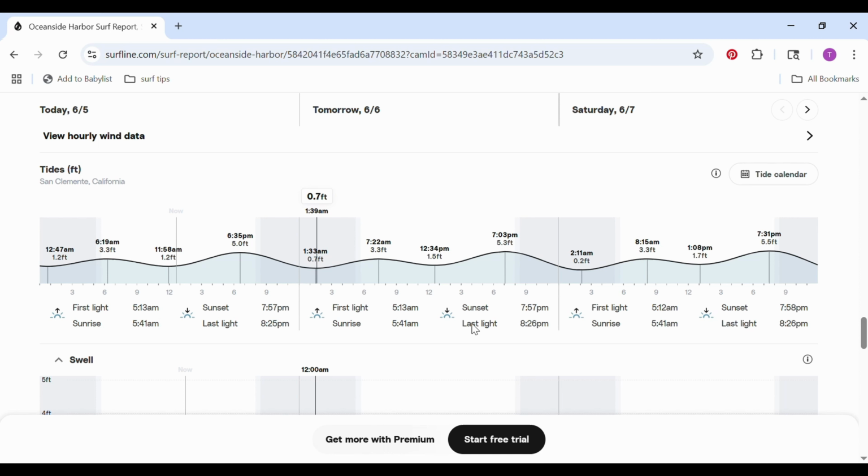This is really handy because the first light and the last light is actually the first or last time that you can get in the water. Sunrise and sunset is when the sun actually comes over the horizon versus having a little bit of light left on the horizon. So it's really nice to know the soonest you can get in the water or the last little bit of light that you will have